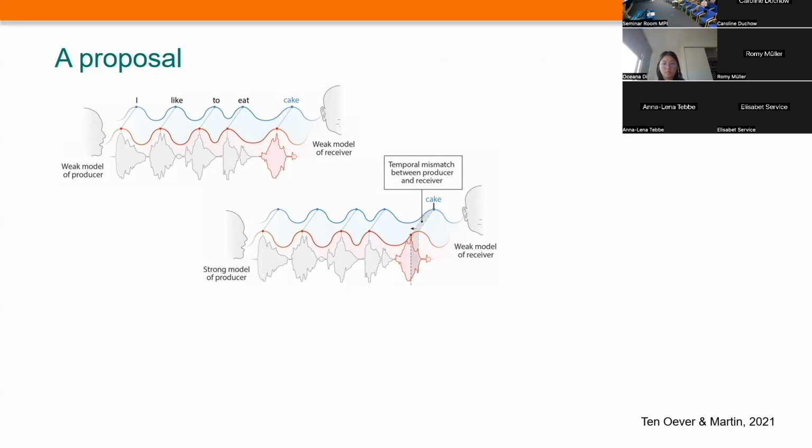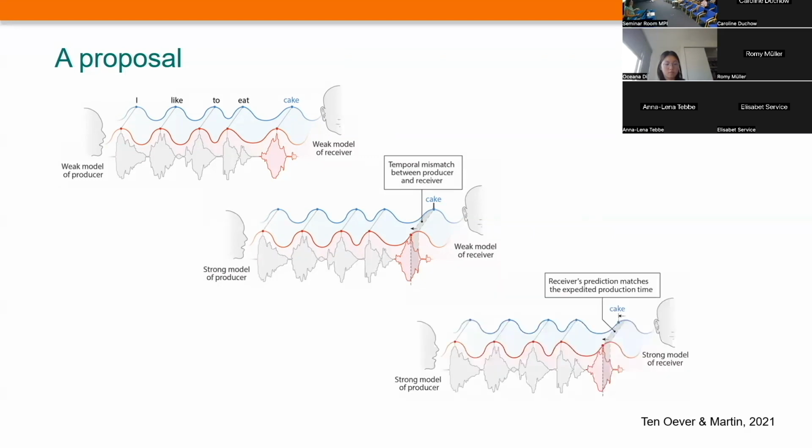So this is, see, in the speech acoustic, then the speech comes earlier. But in this case, when the receiver has a very weak model, so if the receiver doesn't predict the next word cake, there is a clear mismatch because the speaker thinks the word should come later, but the producer actually does it earlier. In principle, normally it might not be the biggest problem, it's just not the most efficient thing. But if also the receiver predicts that the next word should be cake and it matches, as I said before,